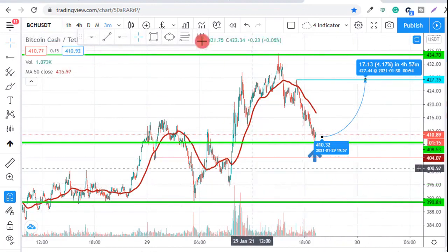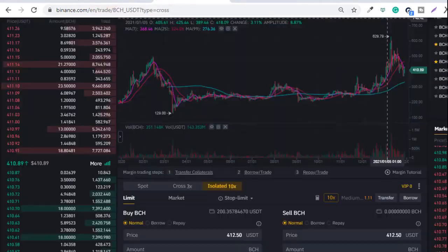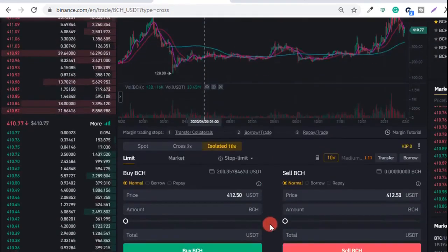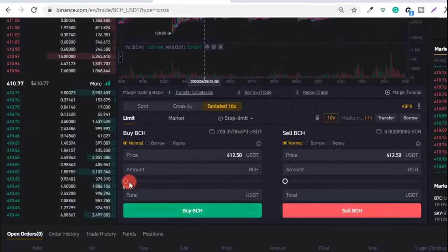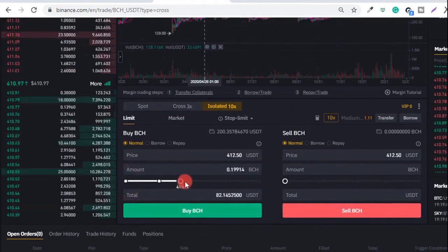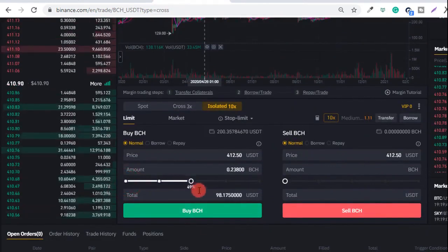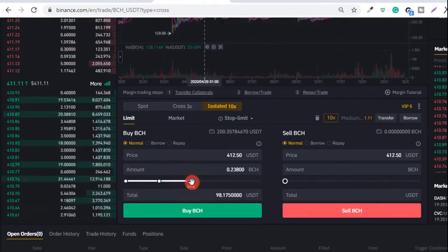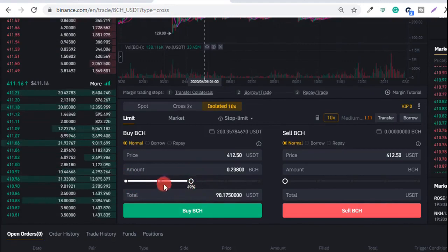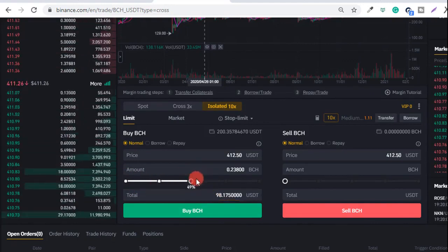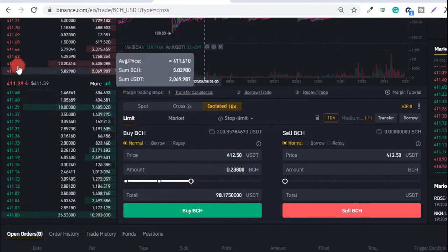So what I'm going to do next is I'm going to buy. So with this 200 USDT, I'm going to buy with 50%. I'm quite aggressive, so I'm going to buy with 50%. On a normal day I don't exceed 25%, but on this $200 I'm going to buy with about 50%. Choose the price of seller